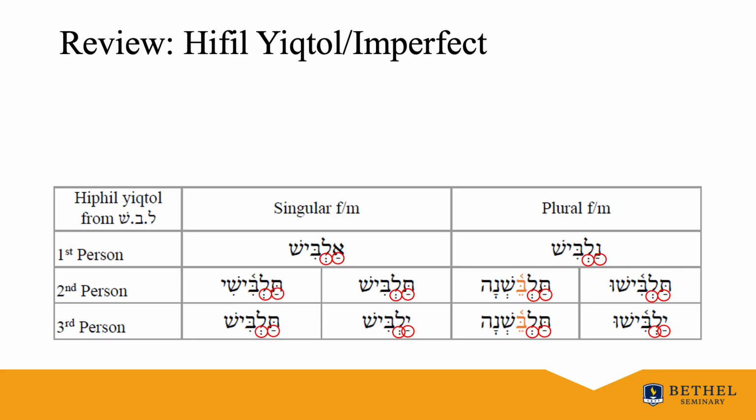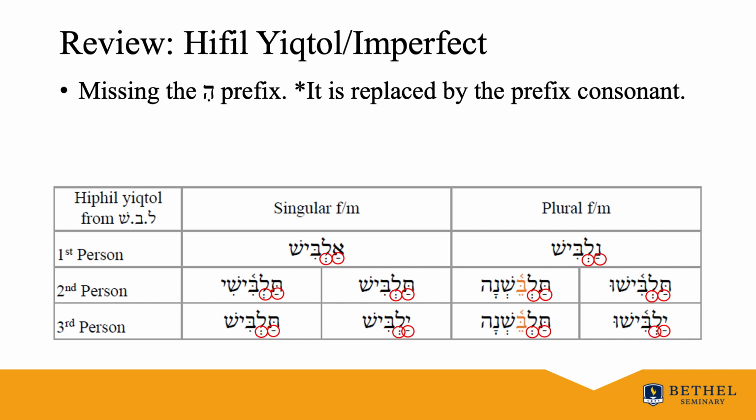In this lesson, we're going to be learning the Hiphil and its imperative and infinitive construct form. Let's do a quick review. We've learned the Hiphil imperfect. In the Hiphil imperfect, we learned that the hey prefix, usually characteristic of a Hiphil, drops out and is replaced